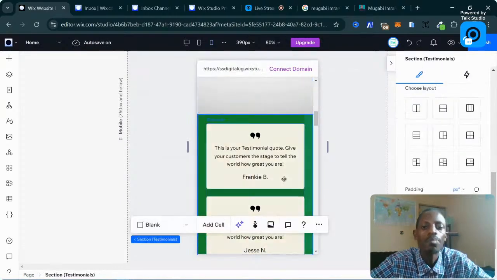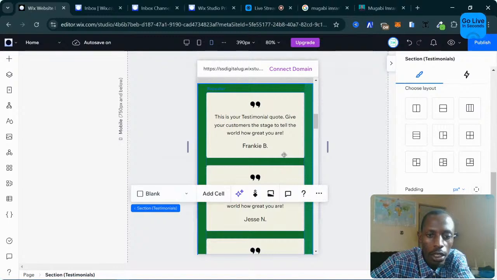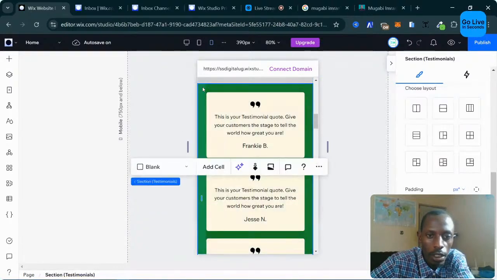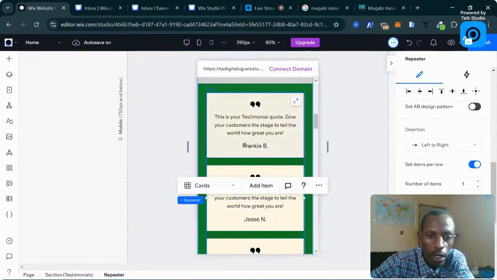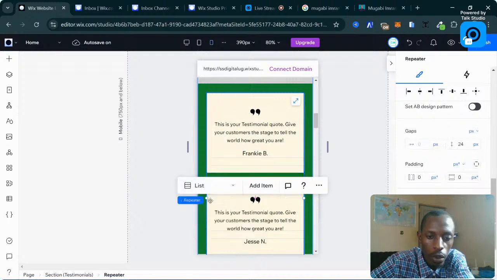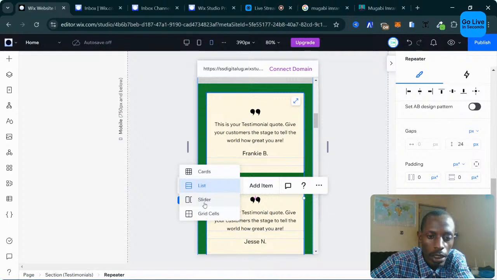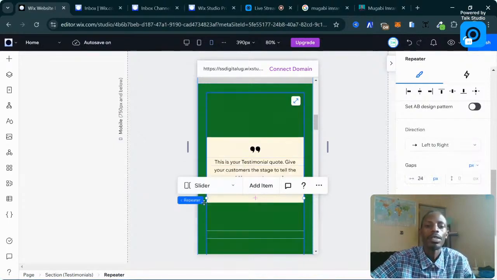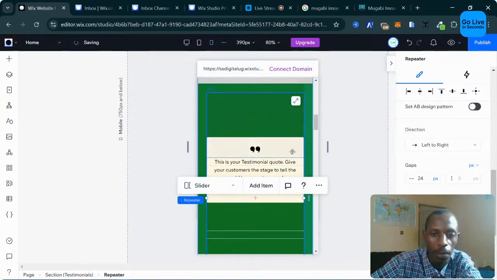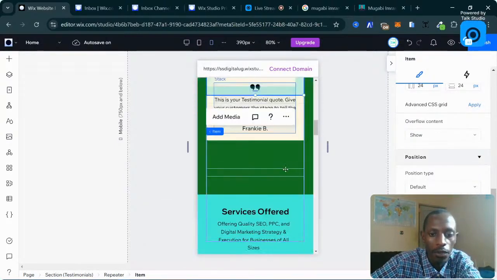Next is these ones. So here is another trick. Remember this is a section with cells. These are different cells, cell 1, cell 2, cell 3. So instead of displaying these cells as cards right now, we can display them as lists, right? We can also display them as grid cells or as slider, which is my favorite. Right, so once you display them as slider, first of all we need